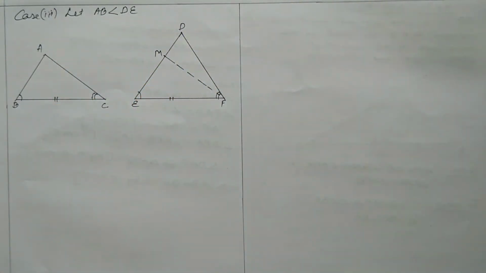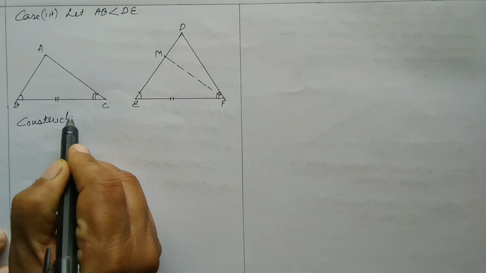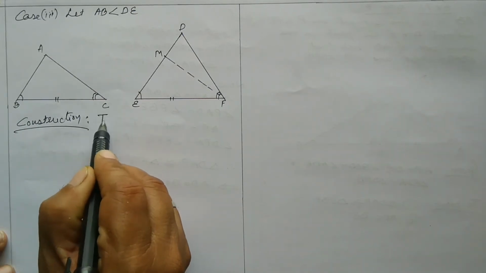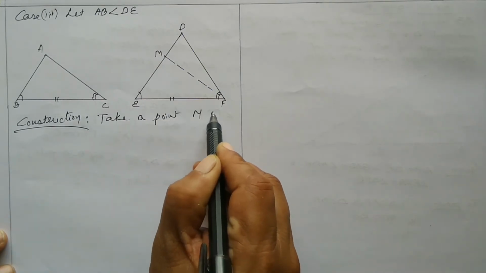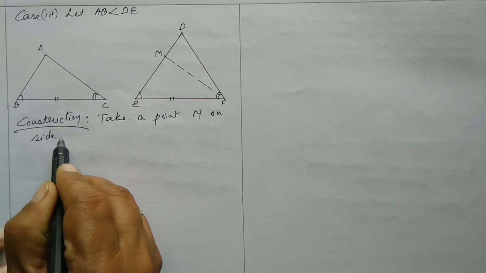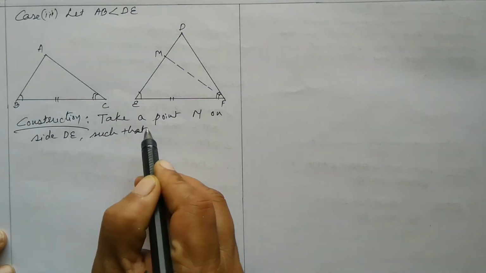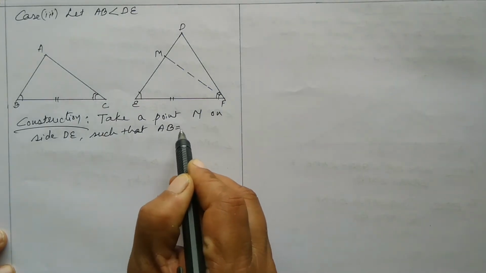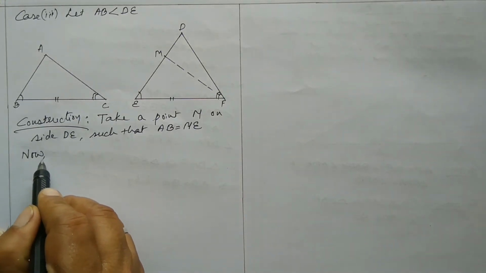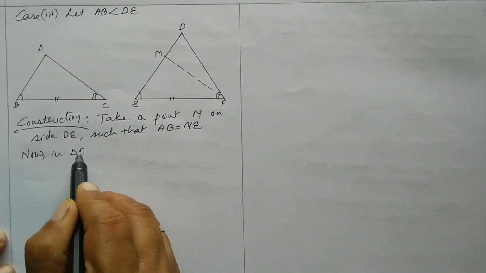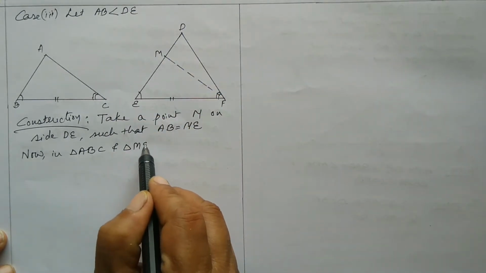So construction part is there. So we will write here construction. Take a point M on side DE such that AB is equal to ME. Now in triangle ABC and triangle MEF, we will prove these two triangles